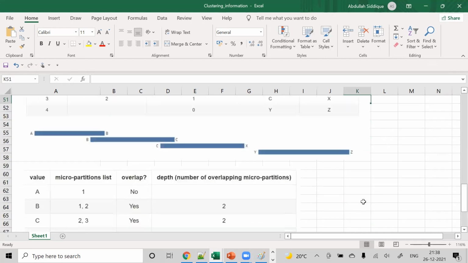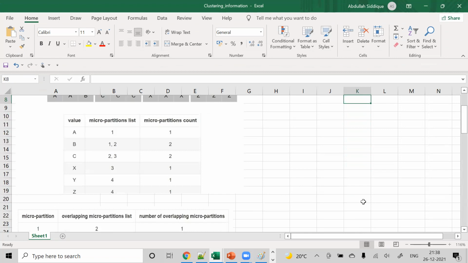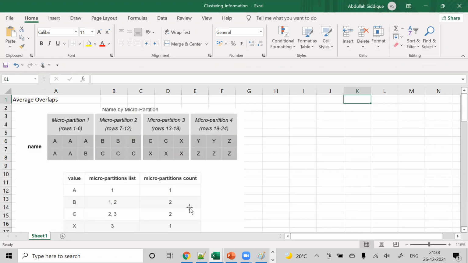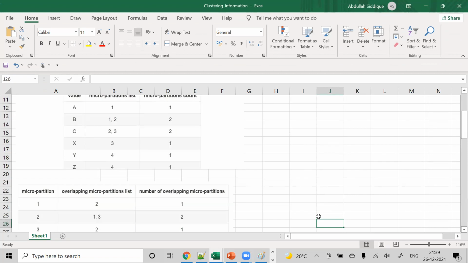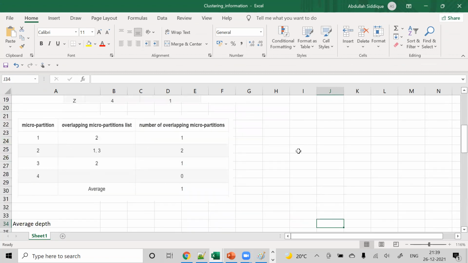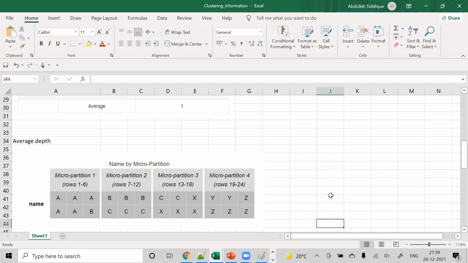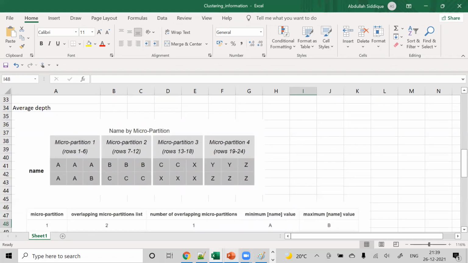So this is one use case. You can just try to understand the concept of overlap: what is an overlap, and what micropartitions are getting overlapped based on the values. So based on the values, you have to understand what all micropartitions are getting overlapped. Okay. Now,